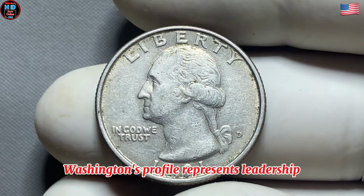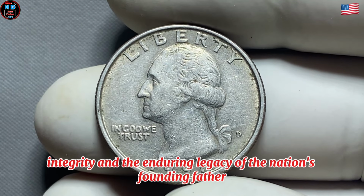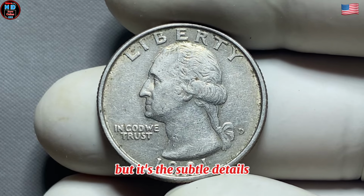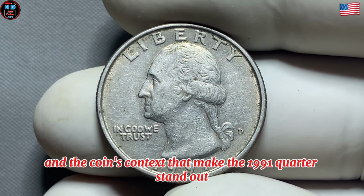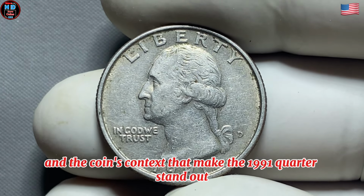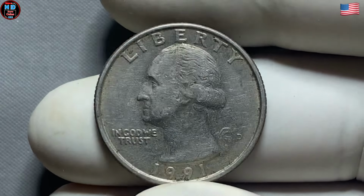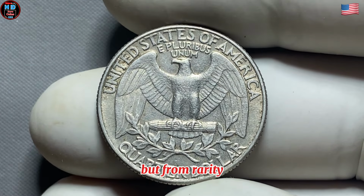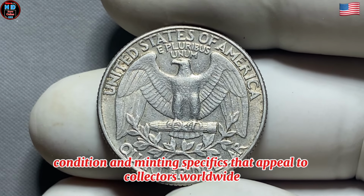Washington's profile represents leadership, integrity, and the enduring legacy of the nation's founding father. But it's the subtle details and the coin's context that make the 1991 quarter stand out among other modern issues. Its value comes not just from its metal or face value, but from rarity, condition, and minting specifics that appeal